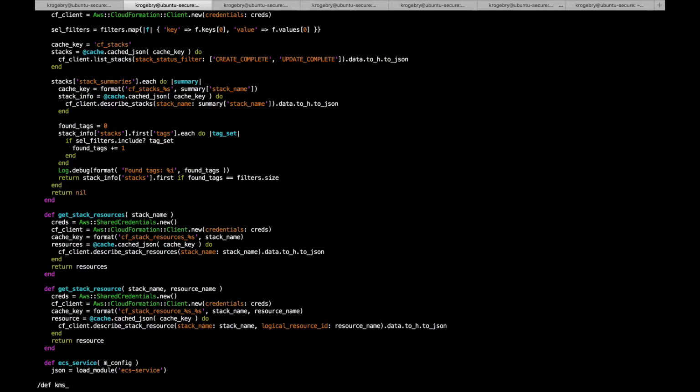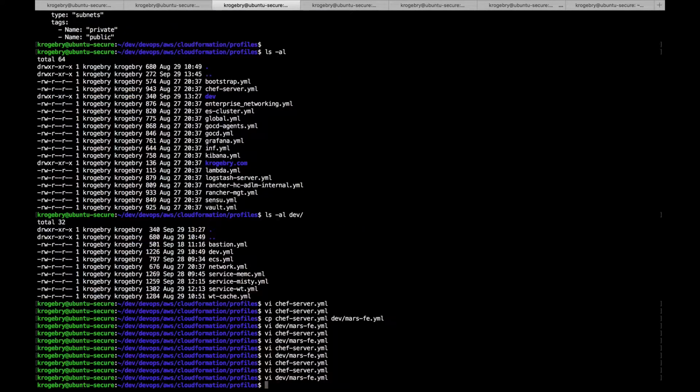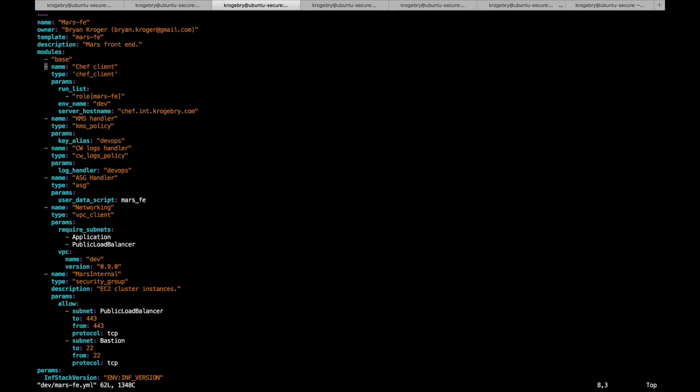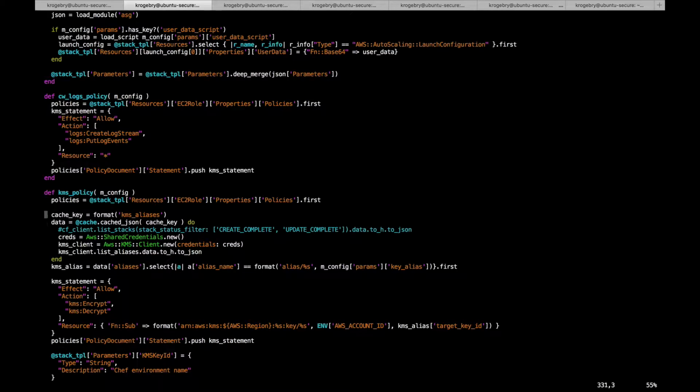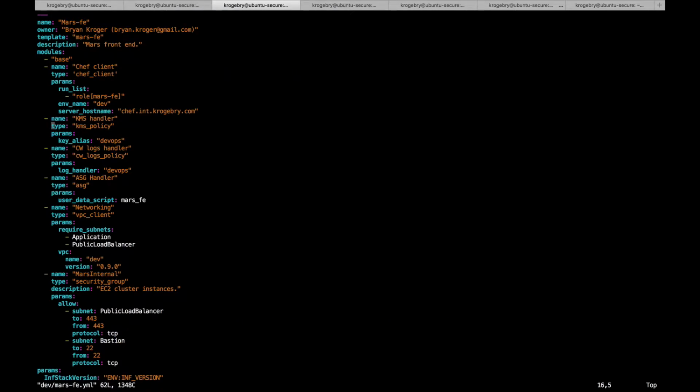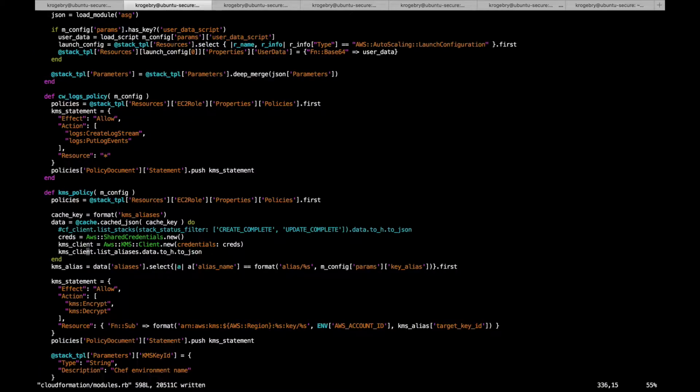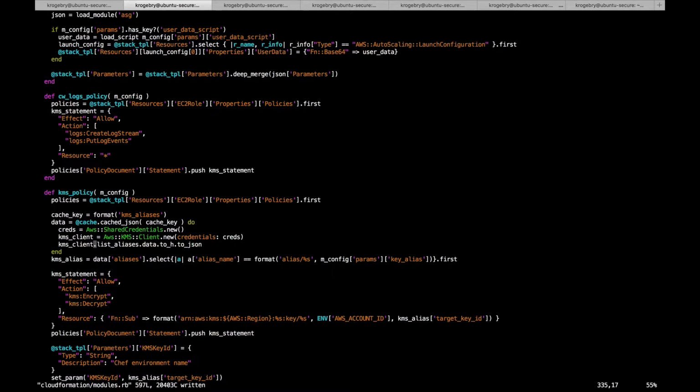So we look at something like the KMS policy. This is going to be derived from our YAML here. So we have a list of modules: chef client, KMS policy. These types all map to a method on an object, which is just my way of doing some post-processing stuff. So here we can see KMS policy and then key alias. What that does is just lists KMS keys, finds one by the alias that you specified, and then builds